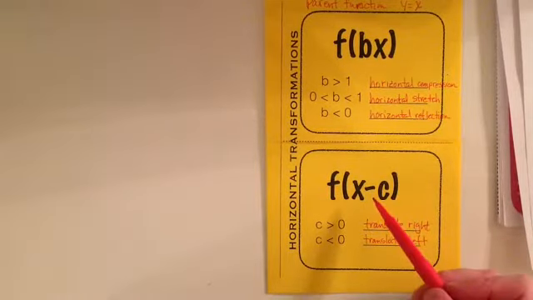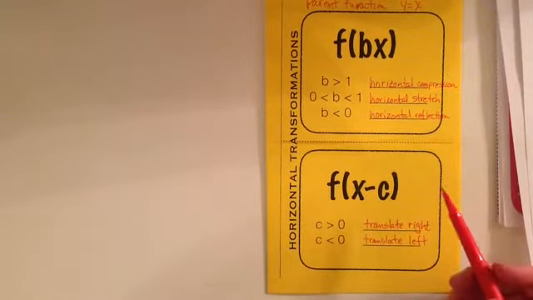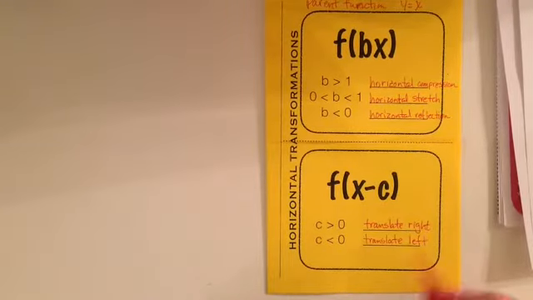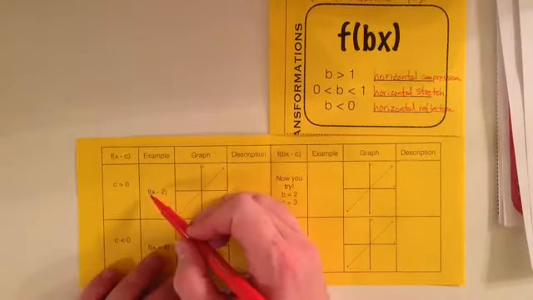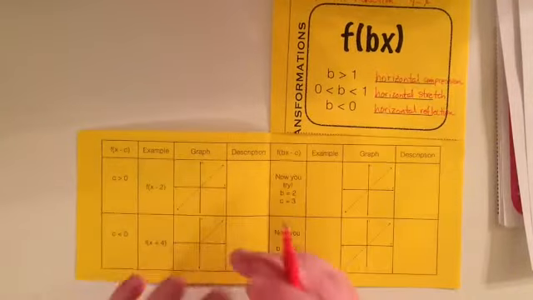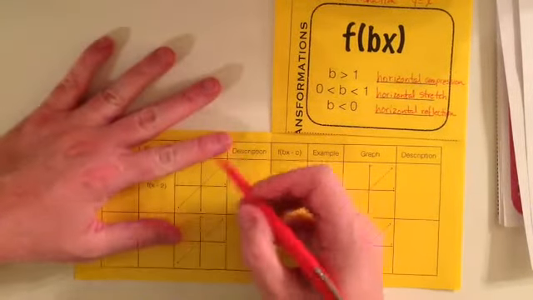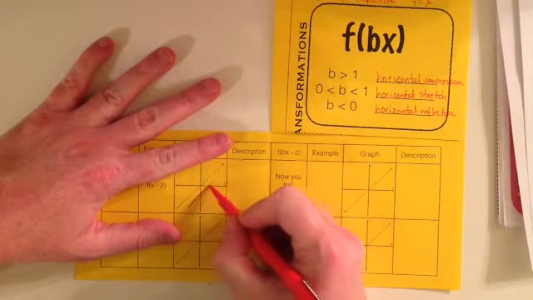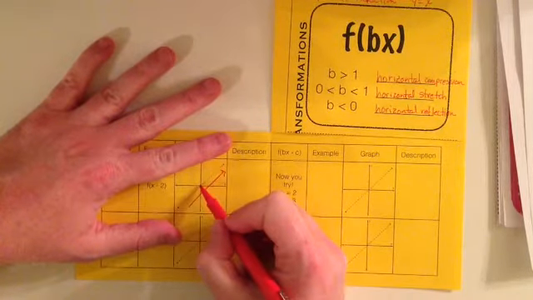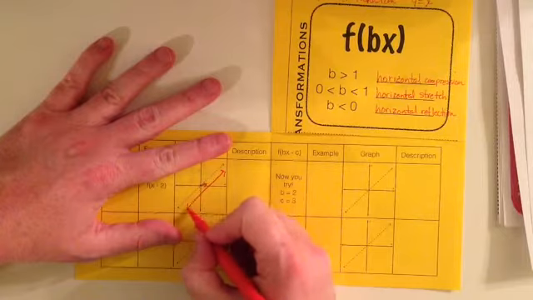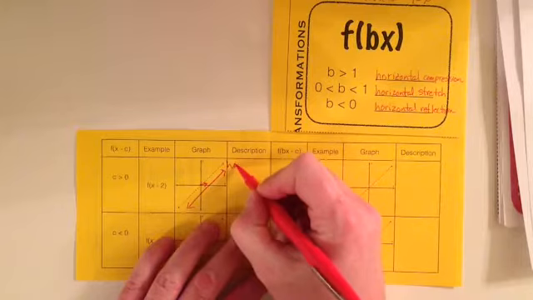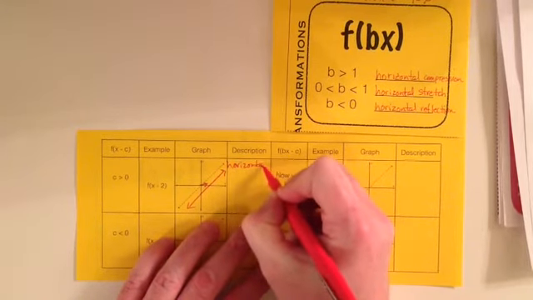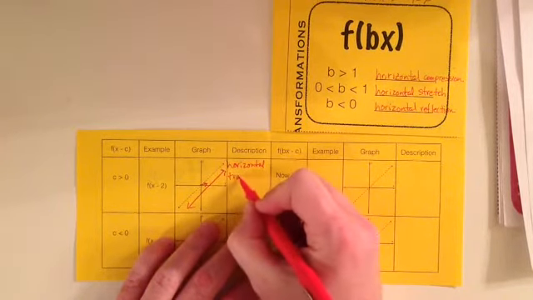Okay, so it would be something like x minus -2, then that means I'm going to translate to the left. Okay, so let's see what that would look like. So I have c greater than 0, so I've got f of x minus 2, which means I'm going to move the entire line to the right. Okay, so notice that I went from here over there. Move to the right 2 spaces, so we call this a horizontal translation